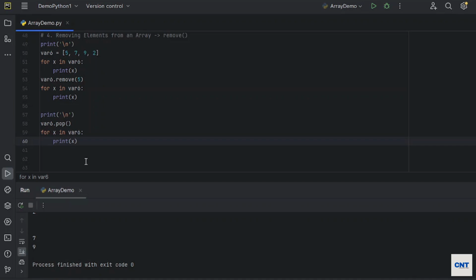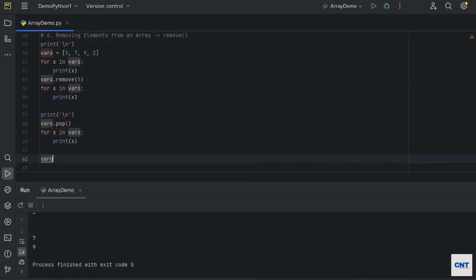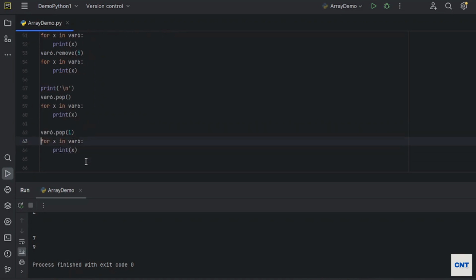If you want to remove an item from a specific index, you can also do var6.pop, and let's say I want to remove the first position. Let me print the separator again.